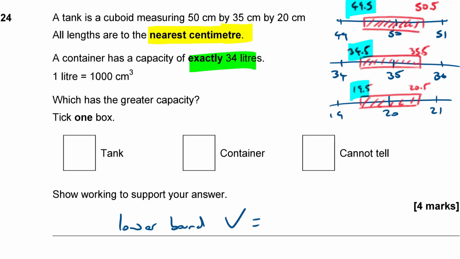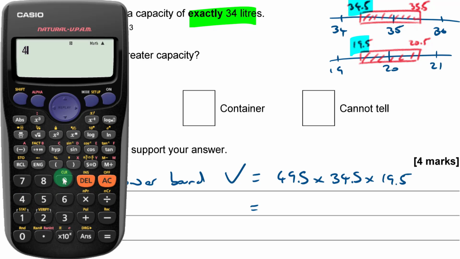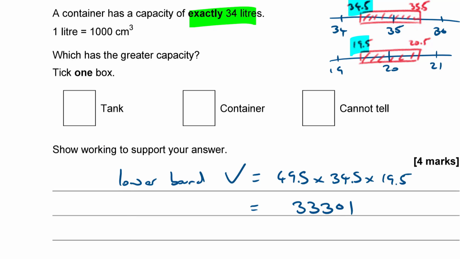volume is going to be 49.5 times 34.5 times 19.5, which is what? 49.5 times 34.5 times 19.5. That comes out to 33301. Okay, now the upper bound